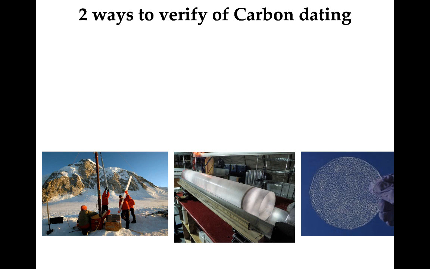In the Arctic, in Greenland, and some other places, scientists have drilled down in these big ice sheets, and they've pulled out these cores of ice. Now what happens when snow falls and forms ice is it traps little bubbles of air. So that air, that bubble that's stuck in the ice, is literally a piece of the atmosphere from the year that it fell. And just like rings on a tree, scientists are able to actually chart out each yearly snowfall